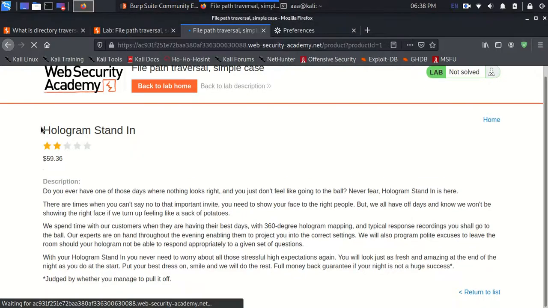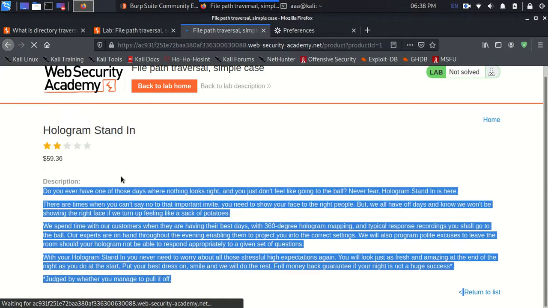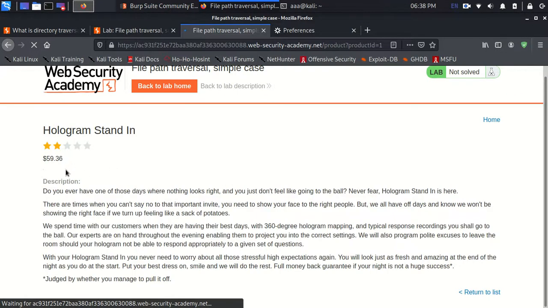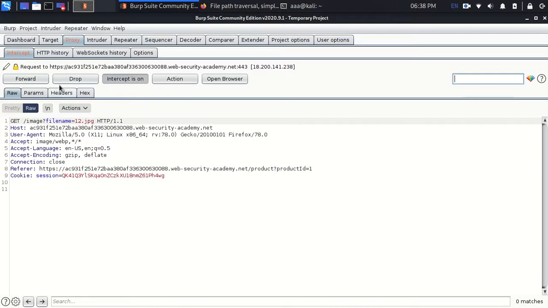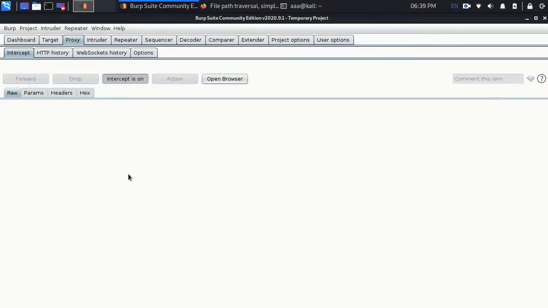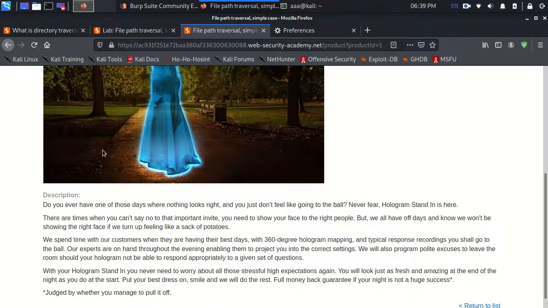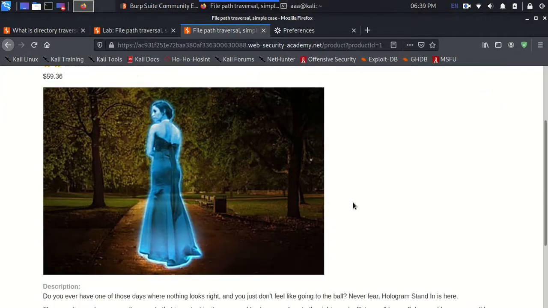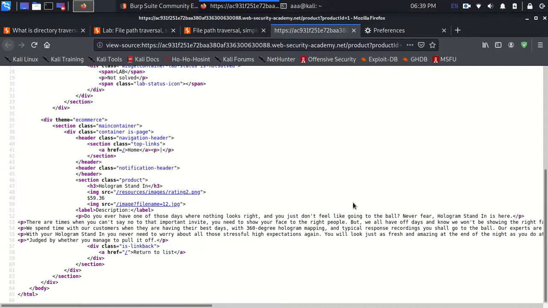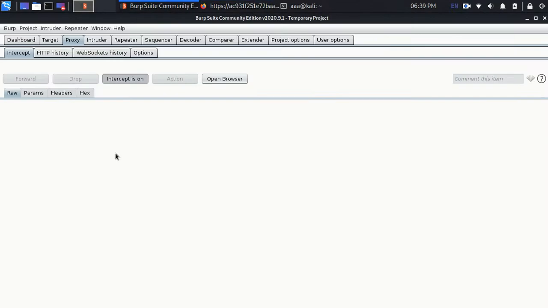This is the data, and over here you see this looks a little bit odd, and this is actually for the picture. Now if I forward the picture, you can see the picture will load as well. So this is how it is working. If I press Control U, you can again see what is happening. The image is being loaded via a directory named /image, where the filename is equal to 12.jpg. So it is taking an input.